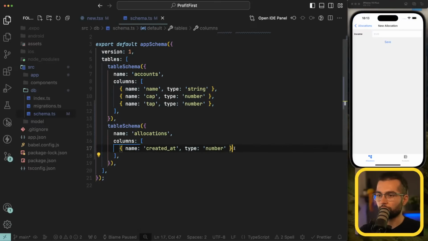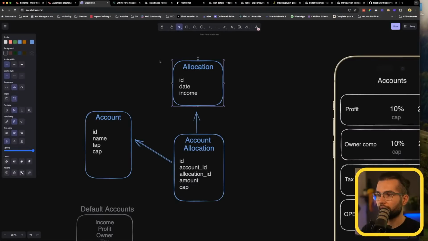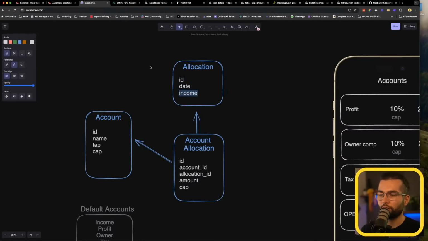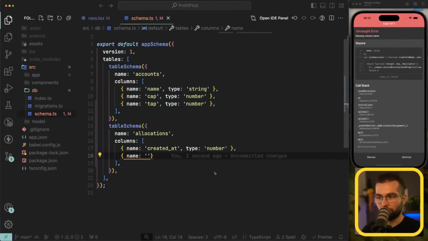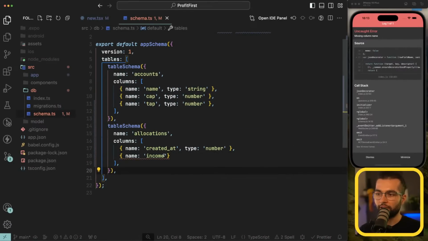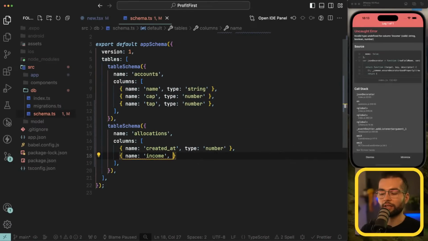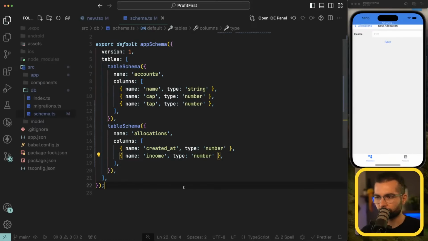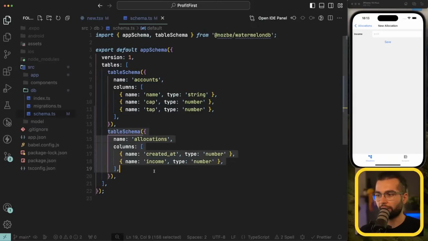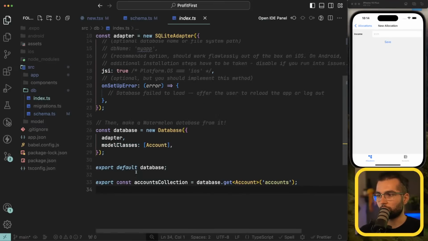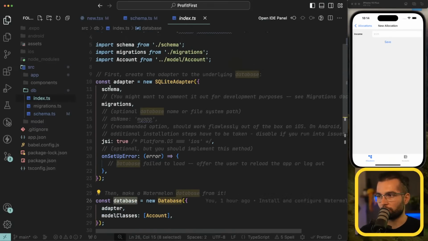The second one is going to be income. If I look in our plan, we have income. We need to know during that allocation, how much income did we receive and did we distribute between different accounts. So the type is also going to be a number. Okay, now that we have a table schema, it's going to automatically be added to our database because we are